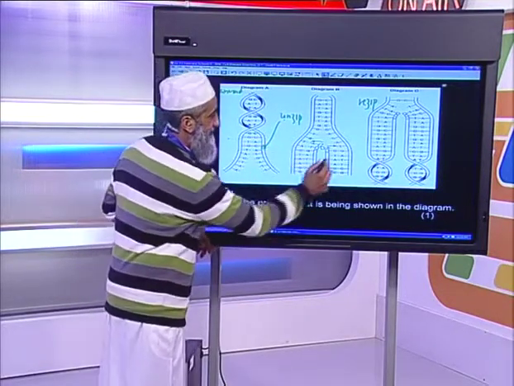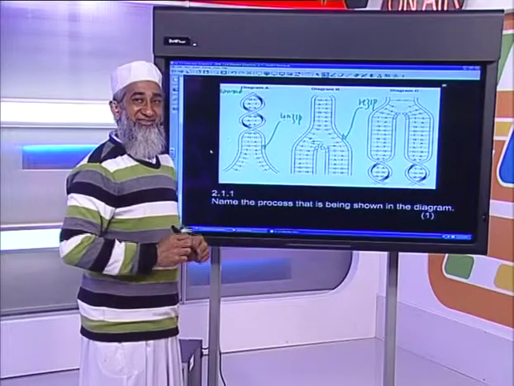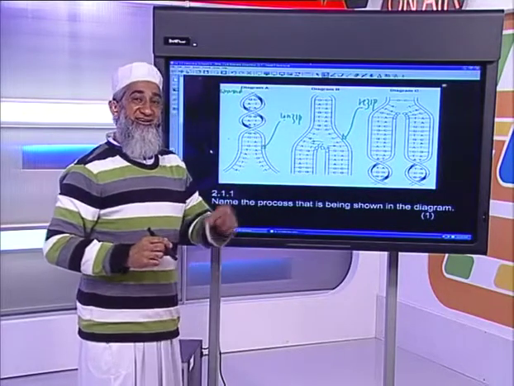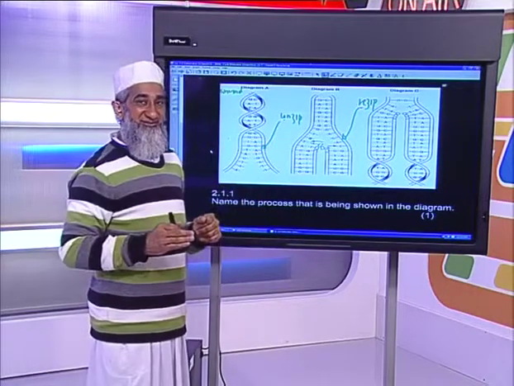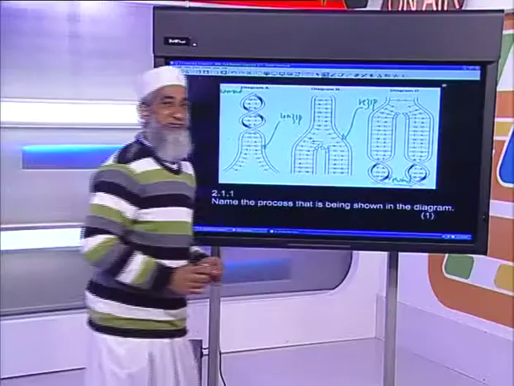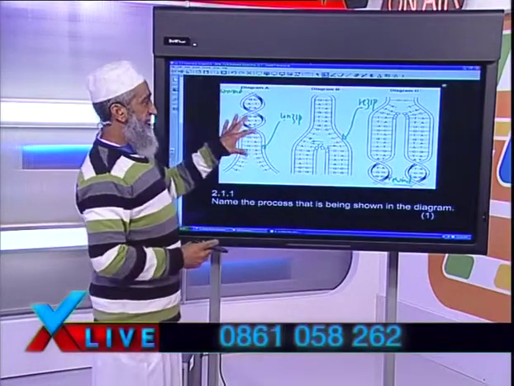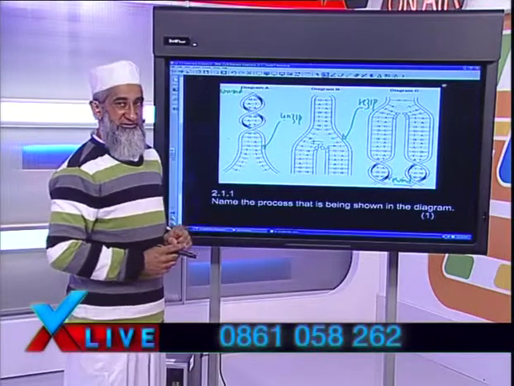And while that is happening, what is happening at the bottom here? We find that for each of these two strands, there are nitrogenous bases that are reattaching as we're moving along. And this is what we call a rezip. In other words, there are free nucleotides in the nucleoplasm that attach to each of the two templates. And lastly, we'll find that we're having what we call the rewind. Can you see at the bottom? It is recoiling itself. So from one molecule of DNA, we end up with two molecules of DNA that are exactly the same as the original DNA molecule.